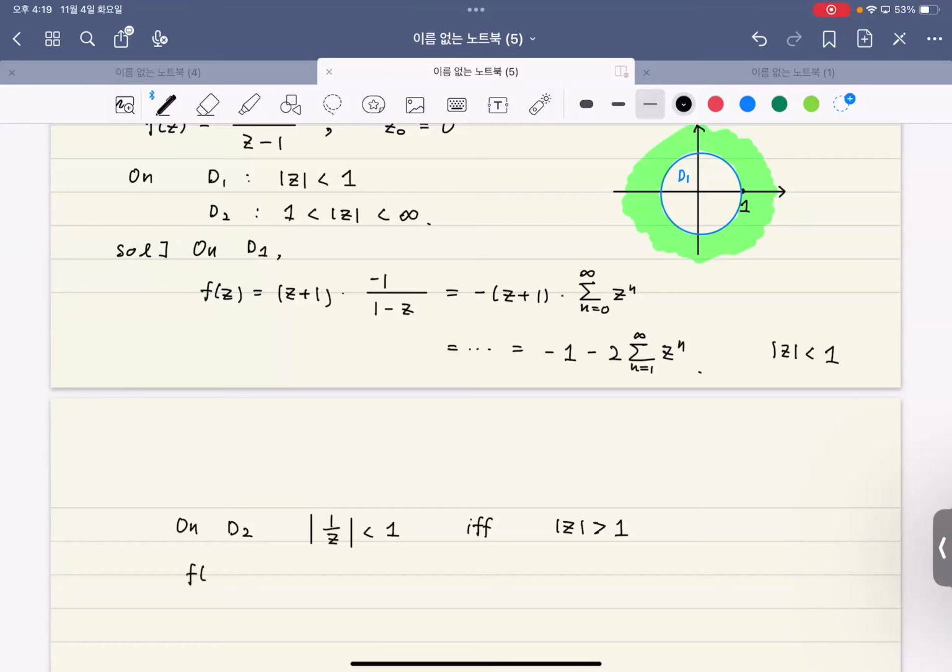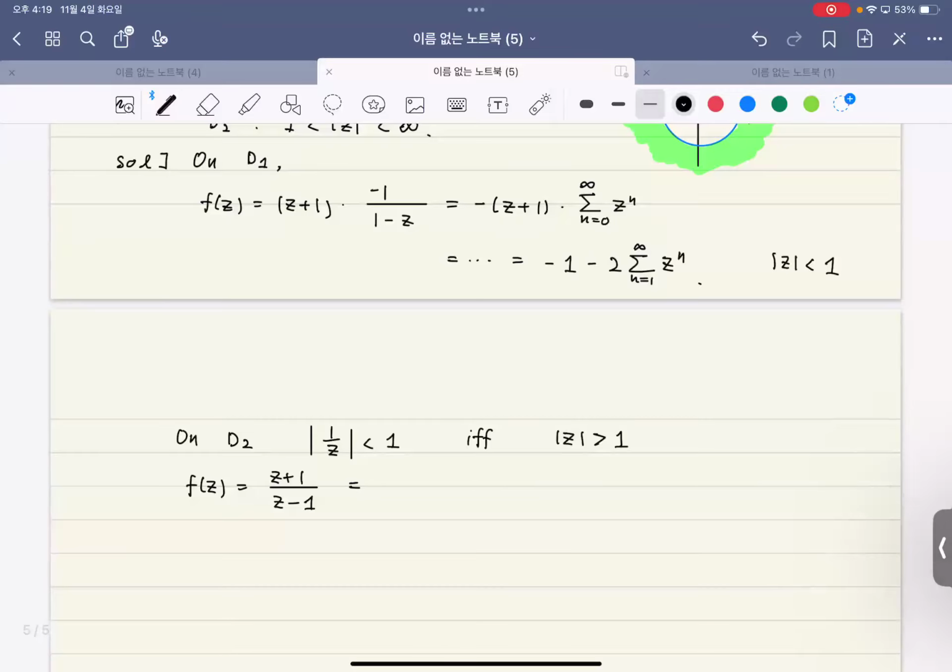So this is my original function. But allow me to change its expression a little bit. I will divide top and bottom by z. So I have 1 plus 1 over z, everything over 1 minus 1 over z, right? So 1 plus 1 over z, and considering the geometric series of 1 over z, this guy can also be written as,